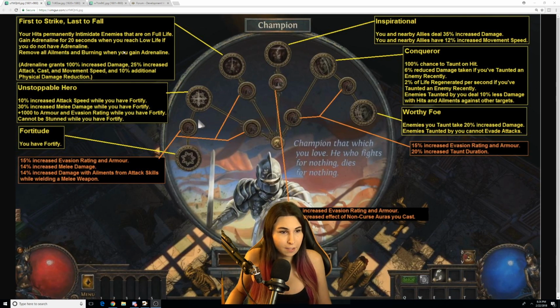First to Strike, Last to Fall. Your hits permanently intimidate enemies that are on full life. Gain adrenaline for 20 seconds when you reach low life if you do not have adrenaline, and remove all ailments and burning when you gain adrenaline. That's pretty cool. Adrenaline grants 100% increased damage, 25% increased attack, cast, and movement speed, and 10% additional physical damage